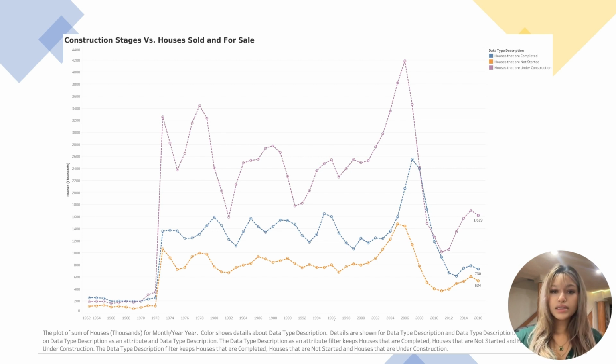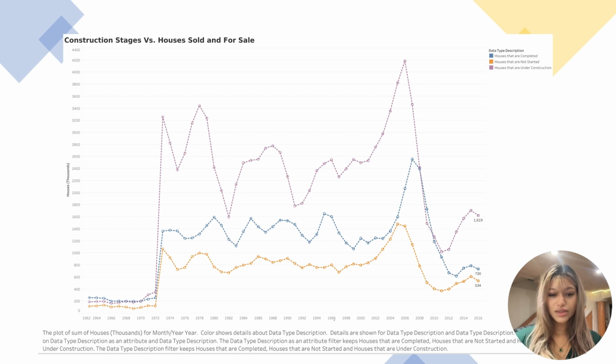However, during downturns like the 2008 recession, sales dropped and construction of new homes slowed dramatically. At the same time, an oversupply of completed homes worsened the imbalance between supply and demand. Additionally, there is often a lag between rising sales and construction activity, as seen during recoveries like the 1990s. This delay reflects how developers cautiously respond to shifts in demand. Overall, these trends highlight the sensitivity of the housing market to economic conditions and the close interaction between sales, inventory,